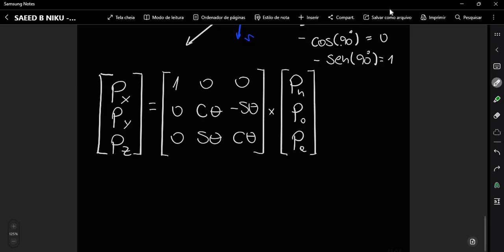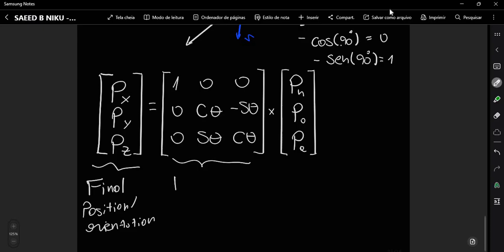Now applying these values right here. Final position, orientation, the pure rotation transformation,